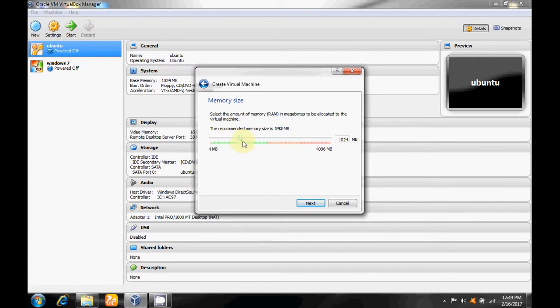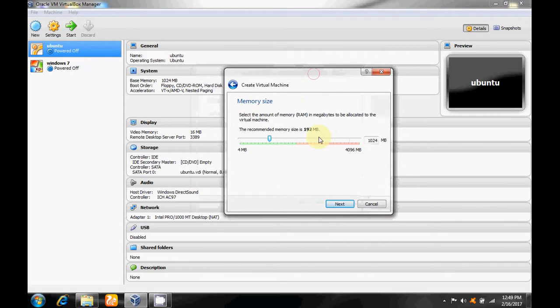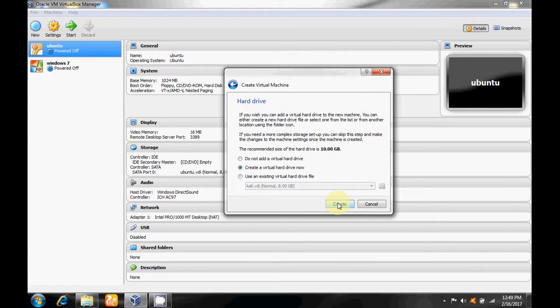We have to declare the memory size of 1024 MB RAM, and my system has about 4 GB RAM, so you have to press the next button.